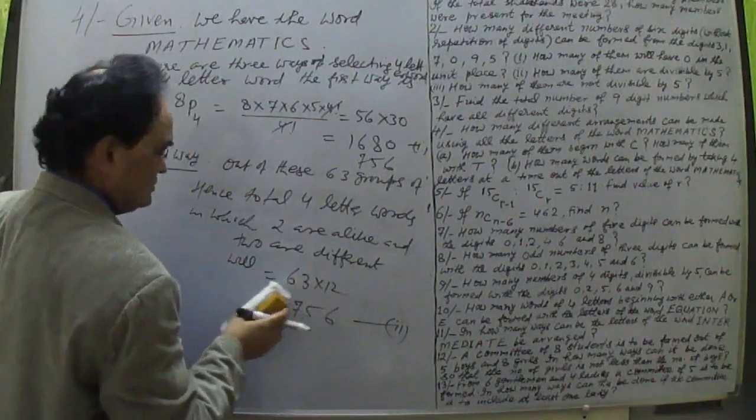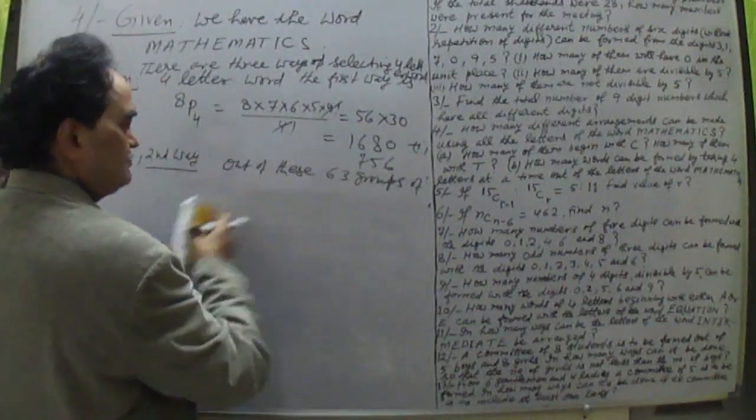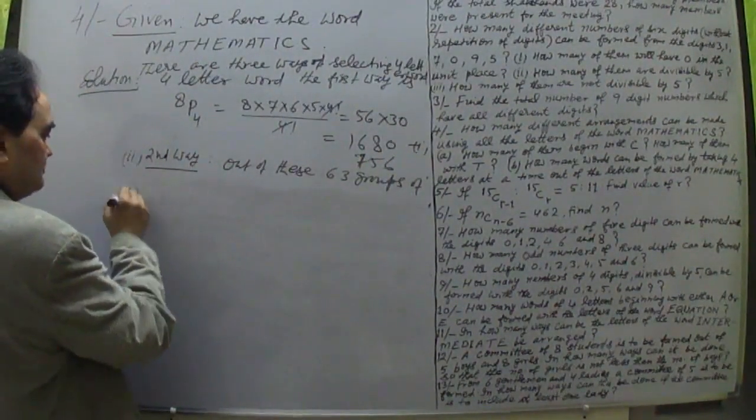Third type of, so third way of selection. What is the third way? This is the second way. Second way is 756. And the third way of selecting,